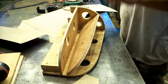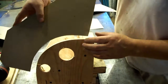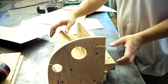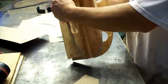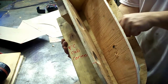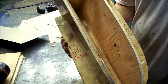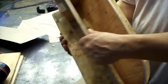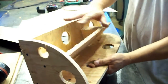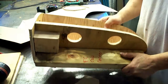Here's the top one. And that'll fit right around here. So that right now is the buck for the rear corners. I finally have one. I can start making those for anybody that needs them. And we'll get to that in just a minute. I've got some holes put in here all around, in here and here, so we could see how the panel's fitting on the form. So I've got that made,